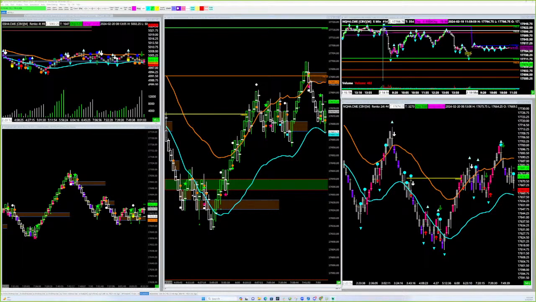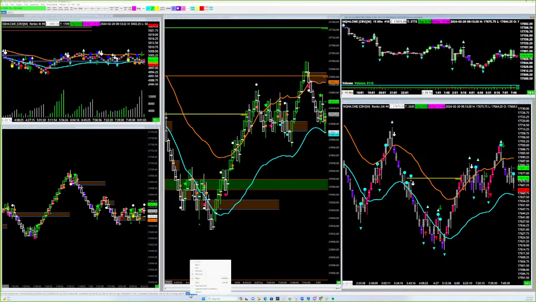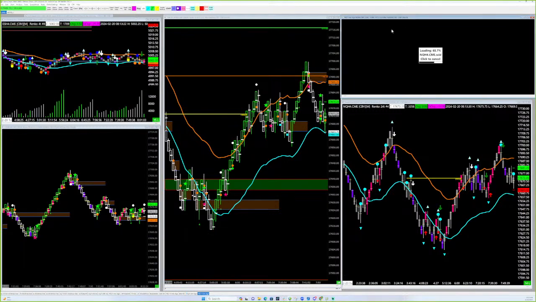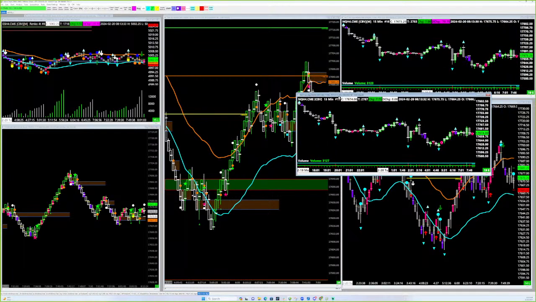So, okay, first, let's go take a look at the profile. Actually, let's not even do that. Let's look at it from this perspective. I eliminated my profile chart from this, that's all right. I know what I'm going to do. Right click, duplicate chart, and I'm going to put up a